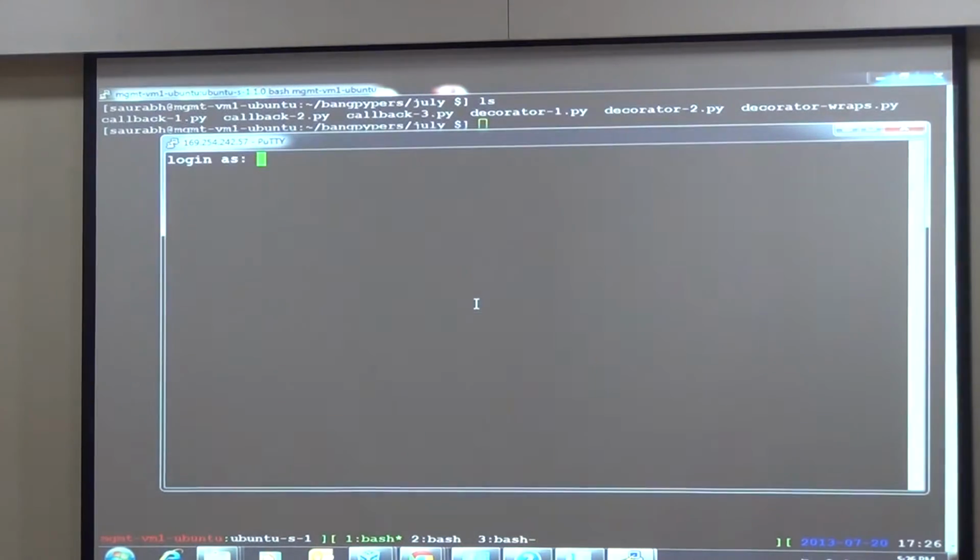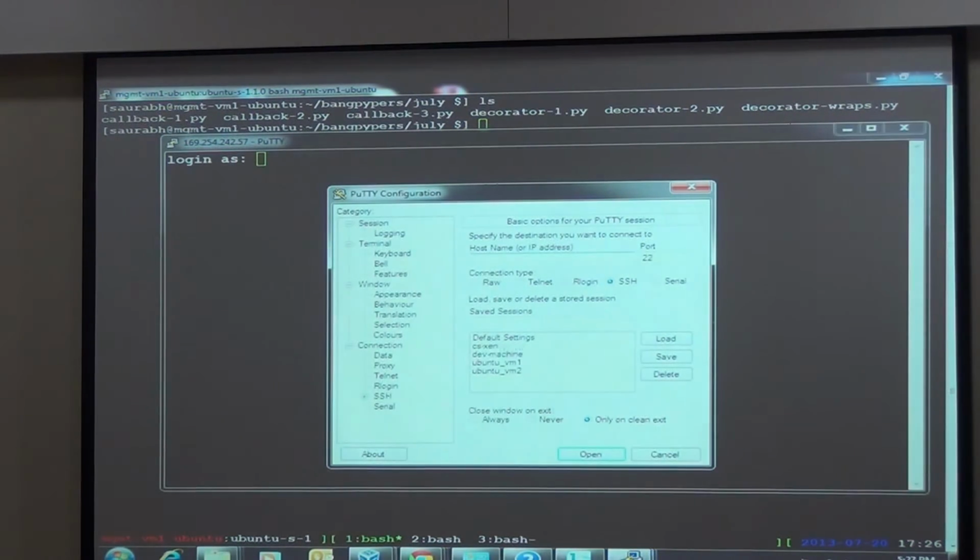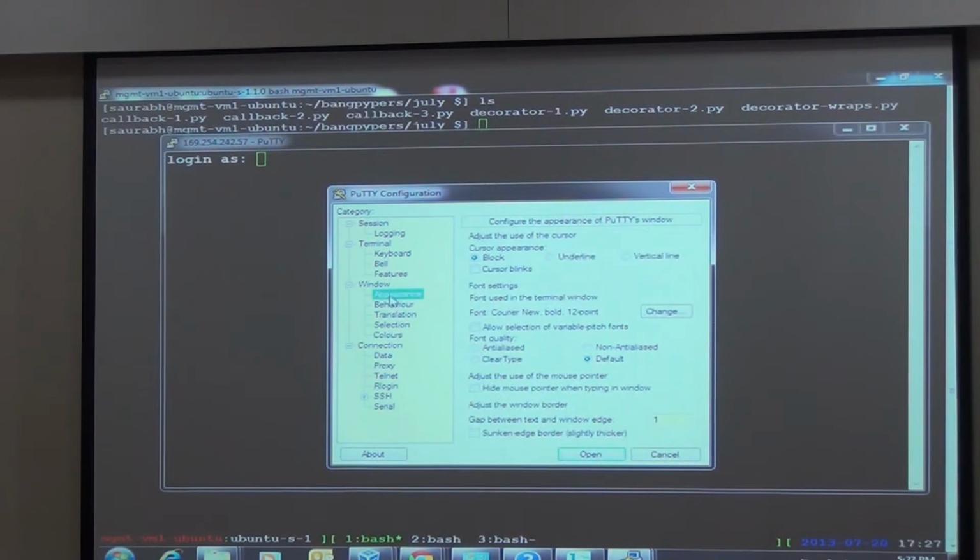Better? Saurabh, you can change the background to white. Right click, go to the colors. Use system colors.